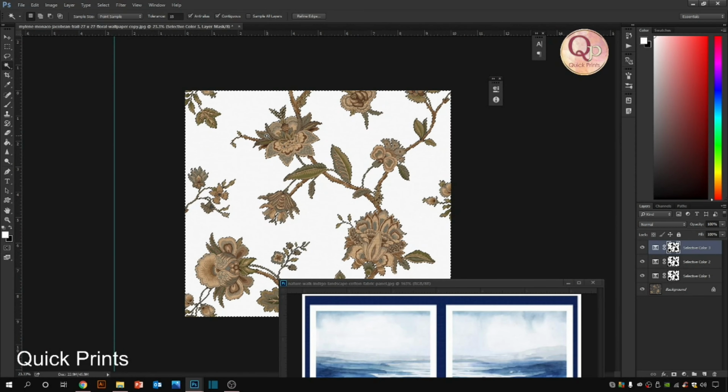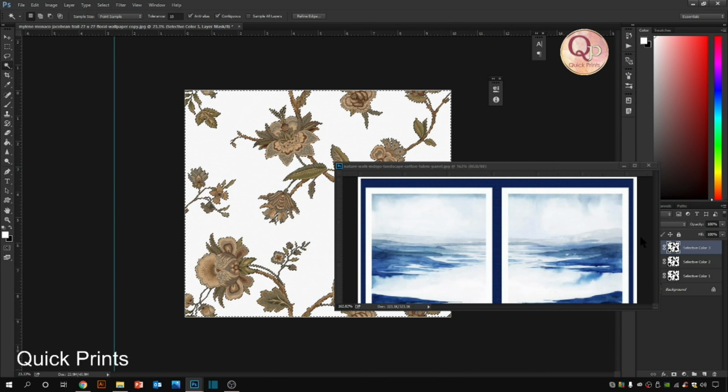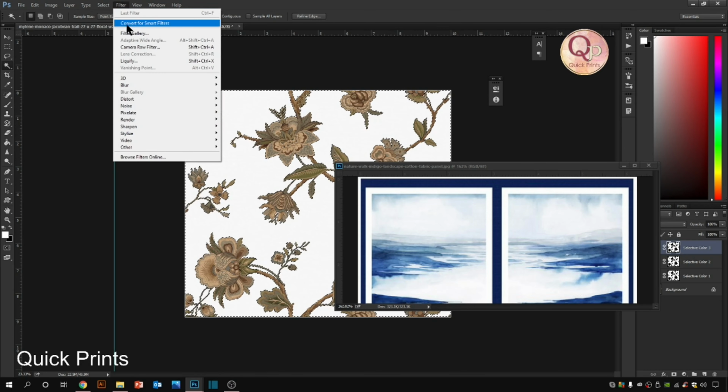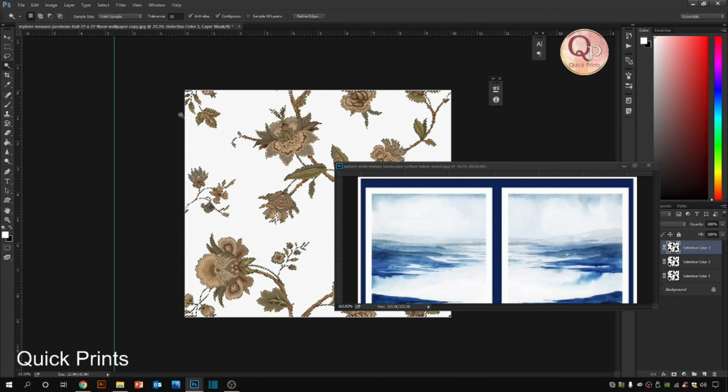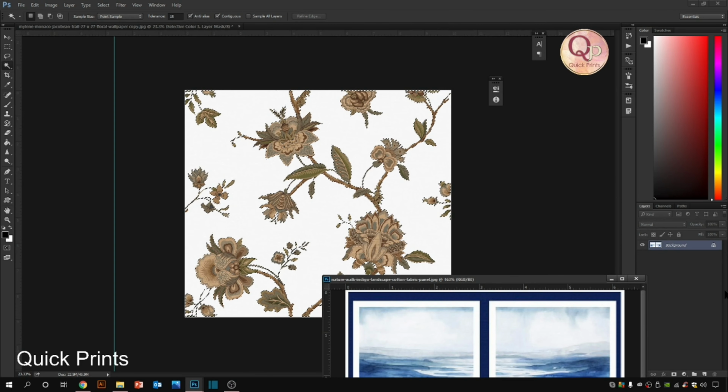But now we need to work on the motif shades. We need to convert the motif shades into indigo. For that I'm just inversing the selection. Inverse, right. So now the selection has been inversed. Whatever color change we do will come in the floral part.